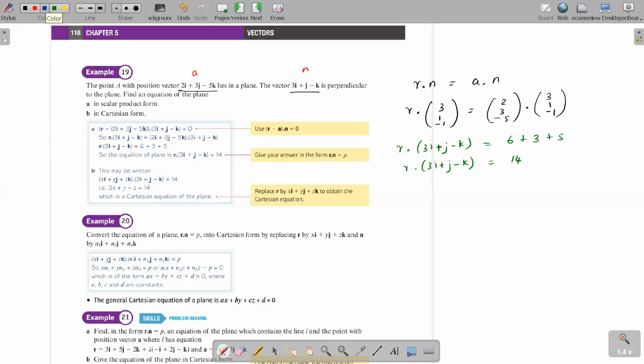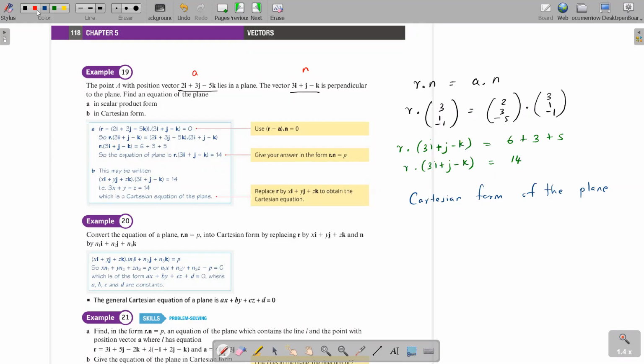And then children, you could go one step further and convert this to a Cartesian form. How can you make it into a Cartesian form of the plane? In the earlier one, we were discussing the Cartesian form of a vector line, right? That was a little bit complicated, how I turned the vector line into a Cartesian line, the 3D line. So here, likewise, we need to convert our vector plane into a Cartesian. I want the Cartesian equation of my plane. So how do we do that?